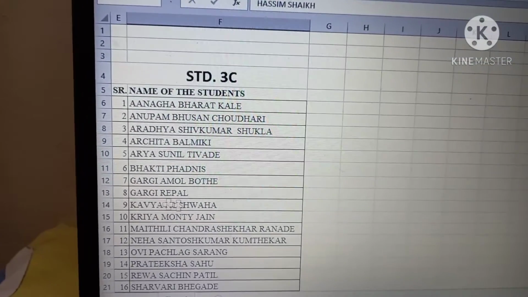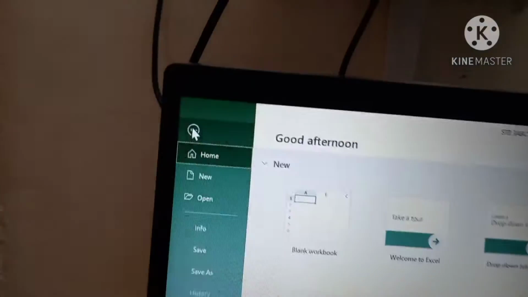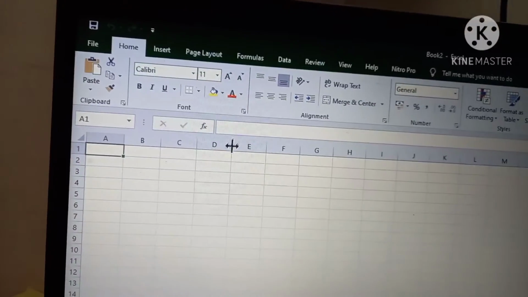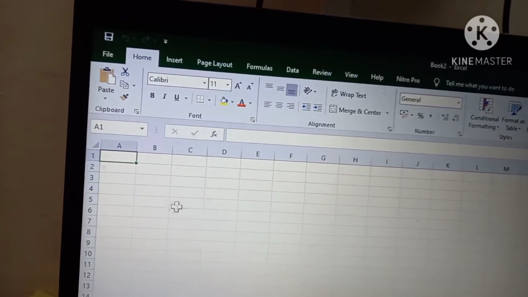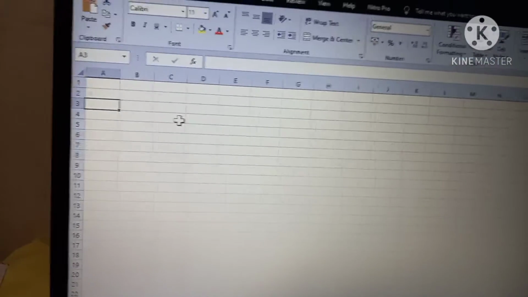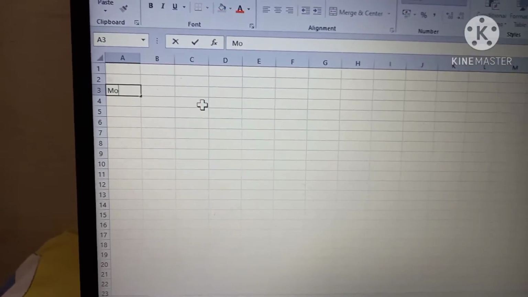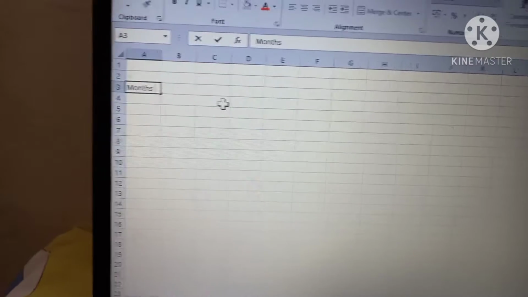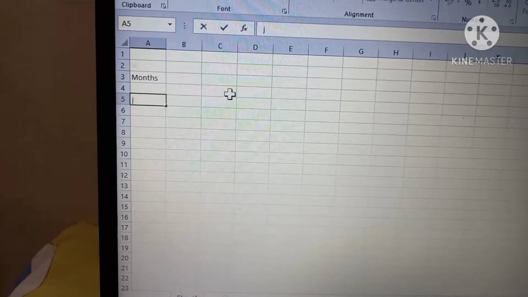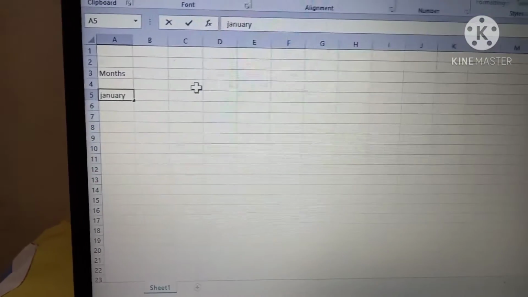Now how to save, I will show you. Now I will go here, open, I will take a blank workbook, right? Supposing here I'm typing months of the year. Suppose I type here January.